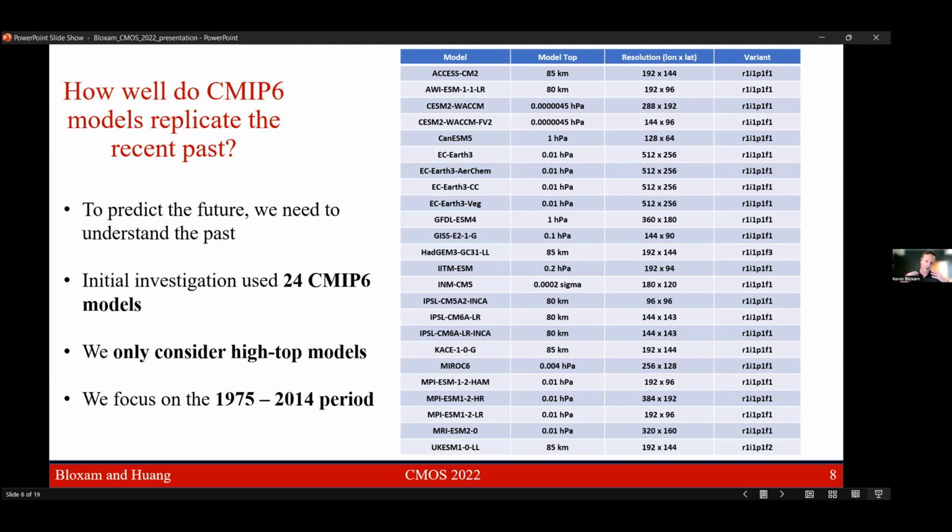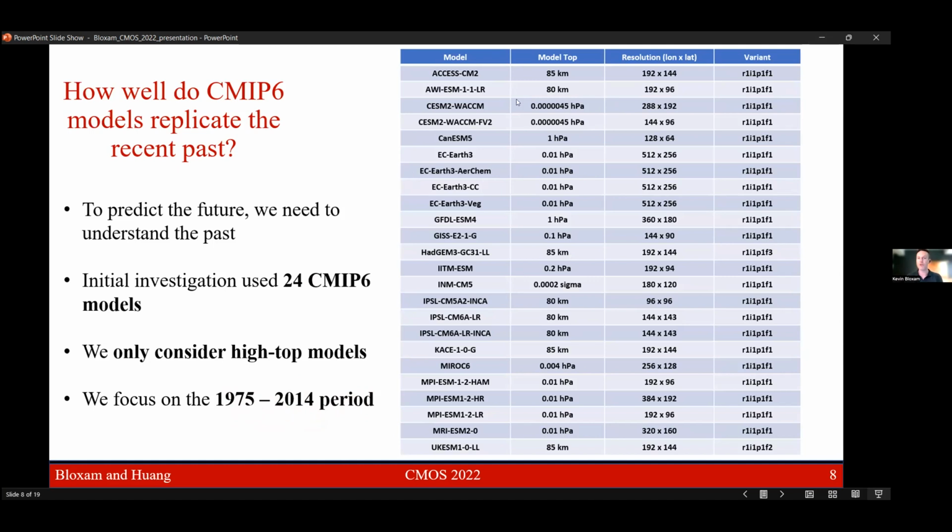And so in order to understand the future, we really need to understand the past. And so in looking to the future, this is where we turn to CMIP6 models. In this portion of the study, I'm using 24 CMIP6 models, and I'm only considering high top models because in general, they tend to be able to reproduce or capture stratospheric variability a little bit better than low top models. And then we're also just looking at the 1975 to 2014 period, which is roughly the same as the ERA5